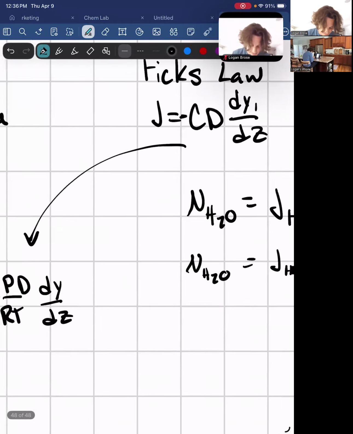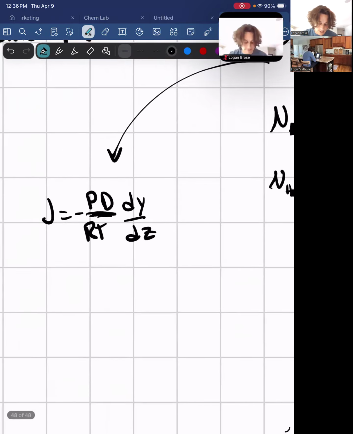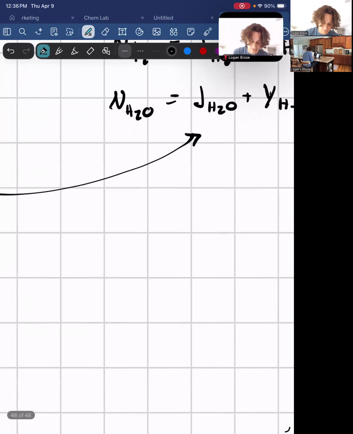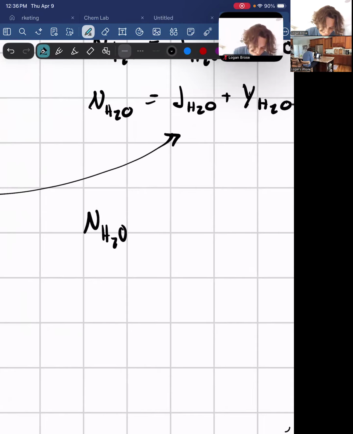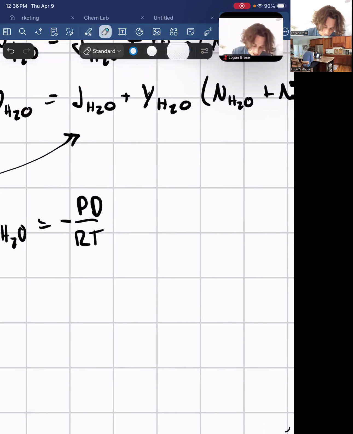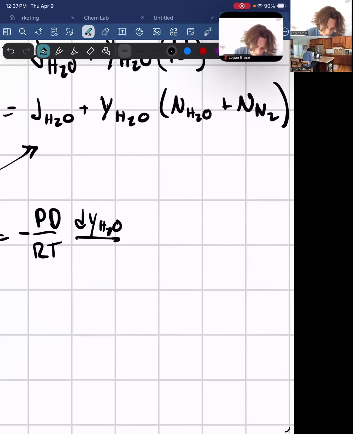I moved the D into the numerator of the concentration because we're multiplying. So we can now plug this in here. NH2O equals negative PD over RT, our pressure times our diffusivity over our temperature, plus our concentration times our dYH2O over dz,